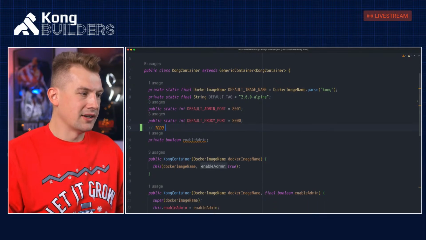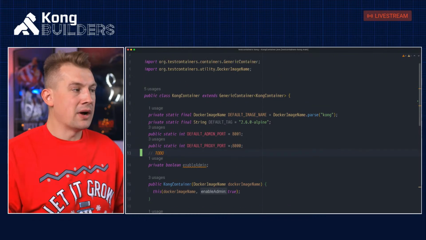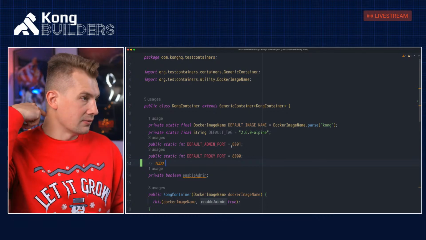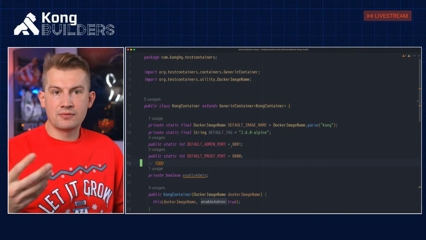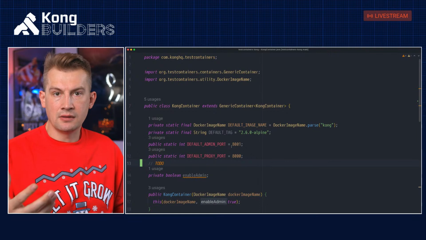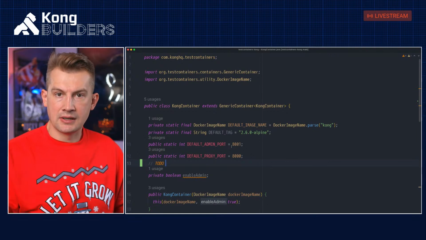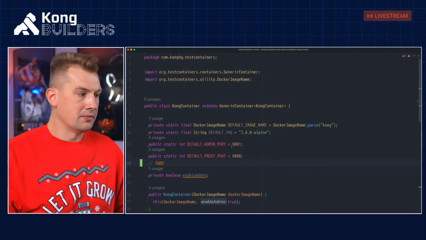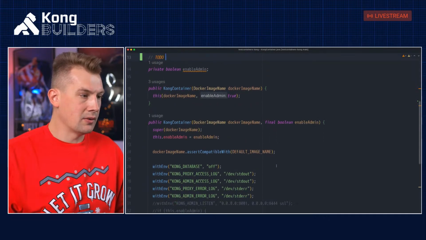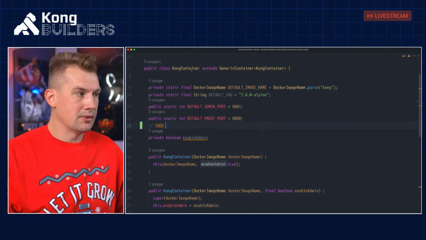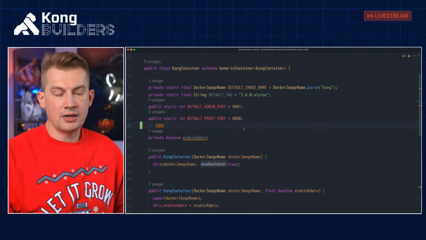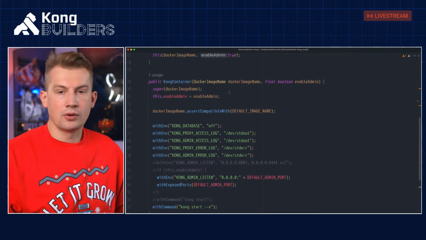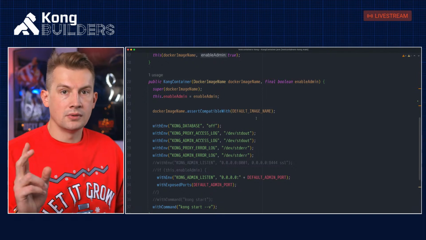And that's why it has a squiggly. So I created the Kong container that extends from generic containers. There's nothing really special about the Kong container itself, apart from the configurations that are more or less opinionated. And the way it works, I created my Kong container extending from the generic container, and after that, in the constructor of this container, I need to pass a Docker image name, Kong: